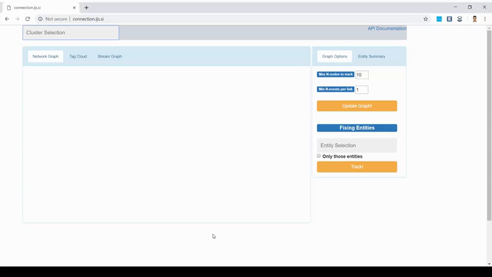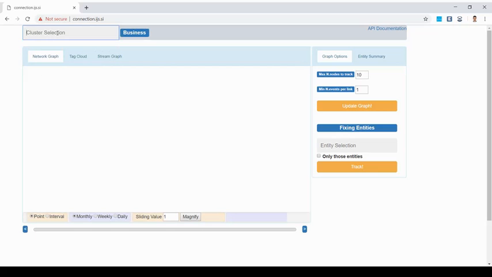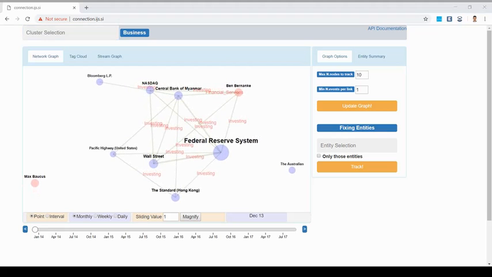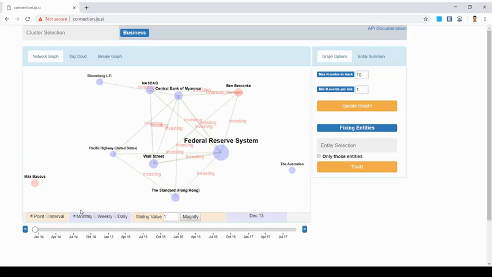Let's start by choosing a topic. Let's choose business topic, for example. In this network graph, we can find the top 10 entities mentioned in the news in the month December 13